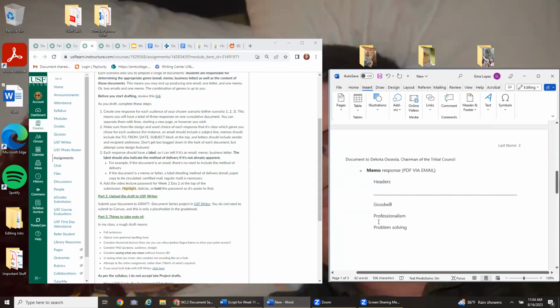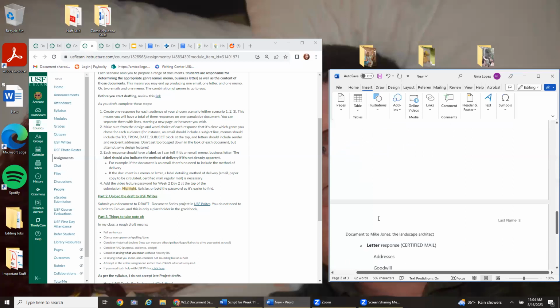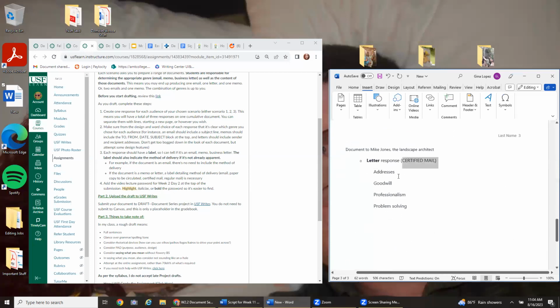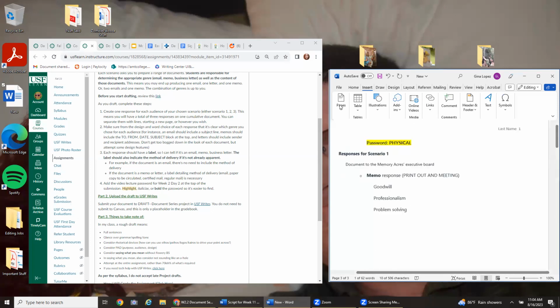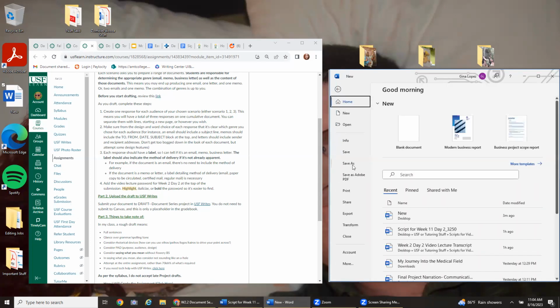So think about those things, and it doesn't have to look prettier than that. But I want to see, yes, you have a response, but you're also thinking about a little bit, what will that memo or letter actually need to look like for design features without getting fancy, because this is a rough draft. So you've done all of that, you save it as a PDF,